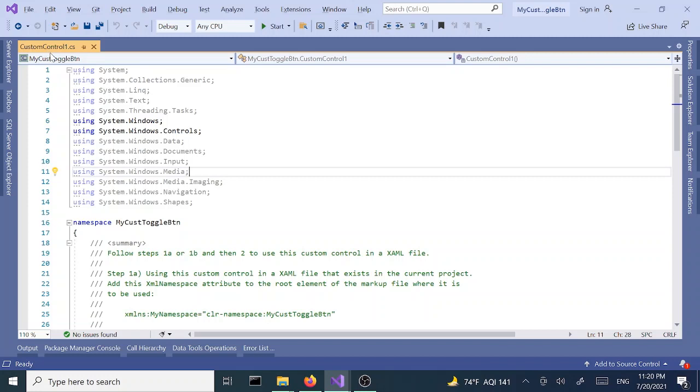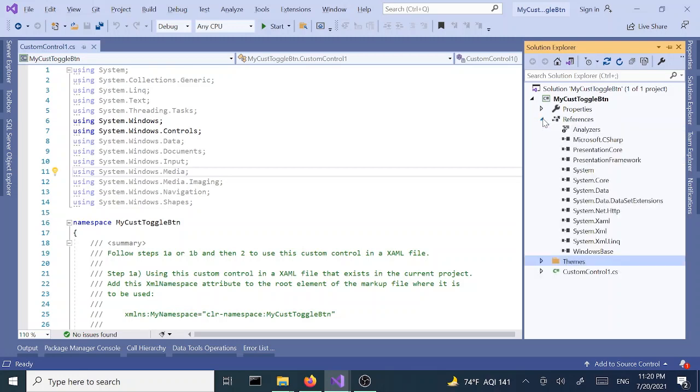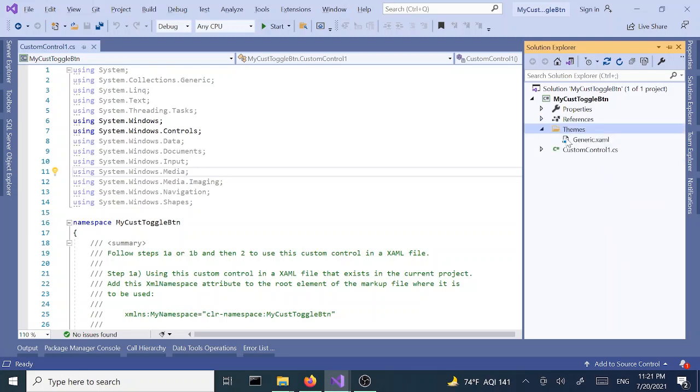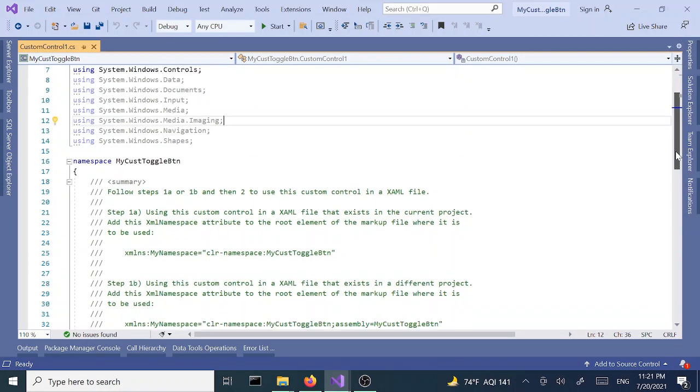So we have CustomControl1.cs, and then let's go to Solution Explorer. We have our properties, we have our references, and we have this Themes folder. This is the key. This Generic.xaml file is going to be the file that we are going to be mainly working on. But before we get there,